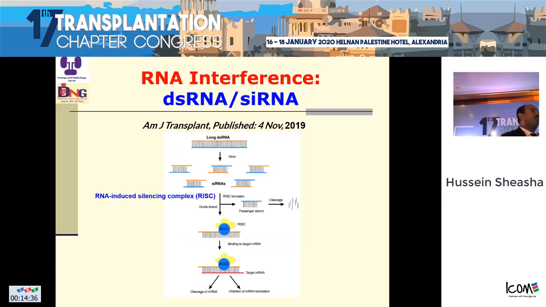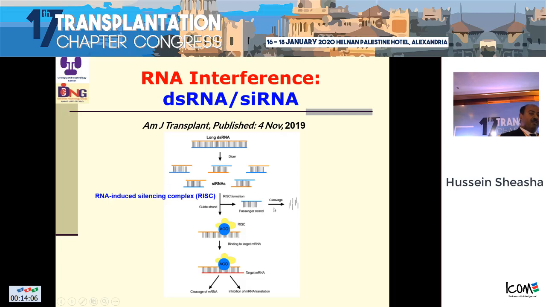Let us consolidate the meaning. What is the principle? What is the value of the presence of double-stranded RNA? This is the long double-stranded RNA, which faces Dicer. Dicer is an enzyme that changes this long double-stranded RNA into a smaller one. And then the smaller double-stranded RNA has two